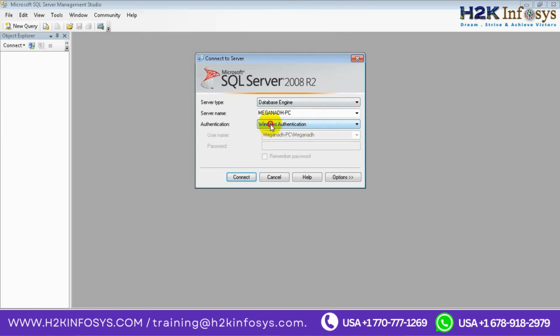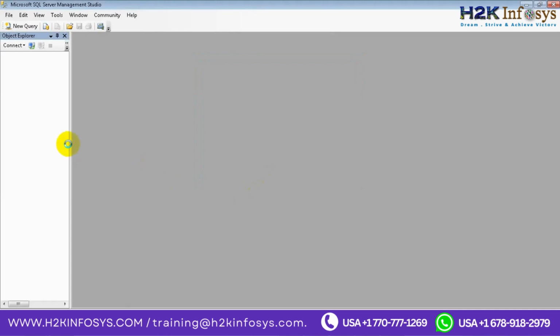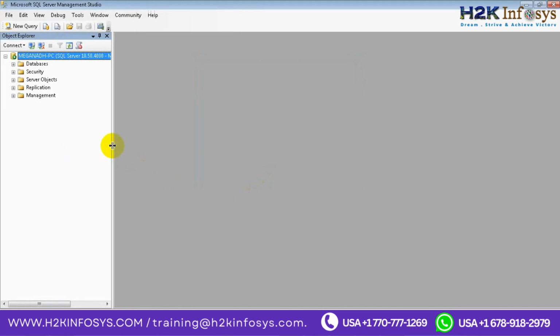Now I'm selecting Windows authentication. I'm clicking on connect. Okay, so SQL Server is one of the databases which we have. So one of the tools which we have. Like we have other